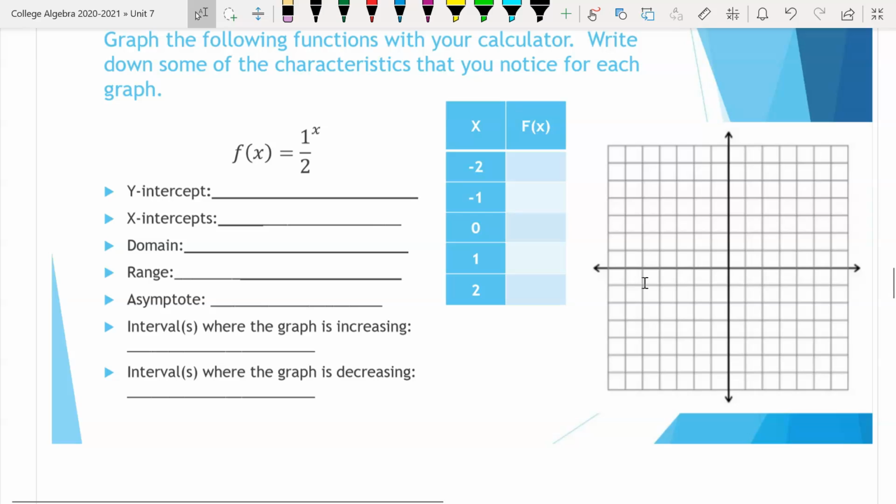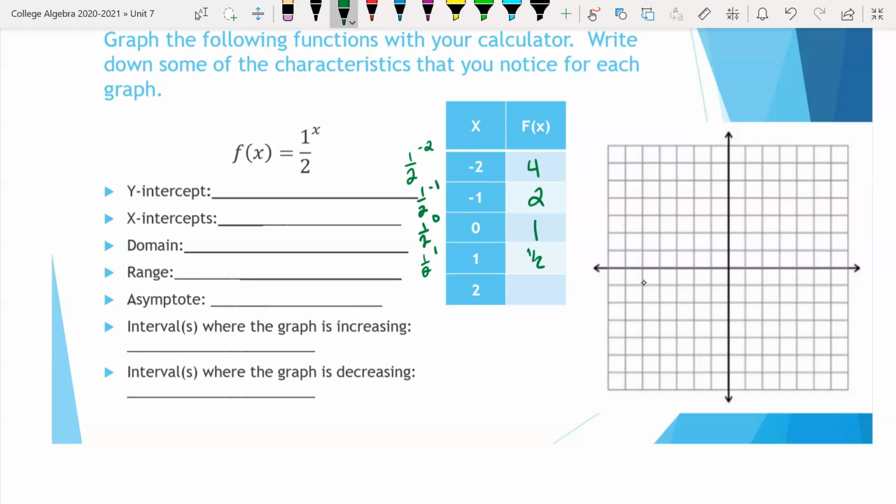So now, it says graph the function with your calculator: 1/2 raised to the x power. So if I do 1/2 to the negative second, I should get 4. 1/2 to the negative first, I should get 2. 1/2 to the 0, anything to the 0 power is 1. 1/2 to the first is 1/2. 1/2 to the second is 1/4. So if I graph those,